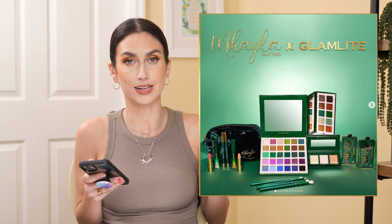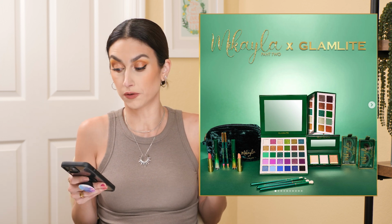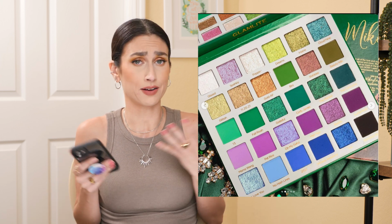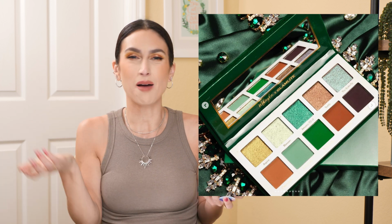So let's talk. The biggest standout to me of what is released lately is the new Glamlite and Mikayla collab, Part 2. I'm not gonna pick this up, although looking at the palettes and looking at everything, it does look really beautiful. I really like that they released a really big palette and a smaller palette. I think that's such a good idea because not everybody wants one or the other. If I was gonna pick up anything, I probably would pick up the small palette,